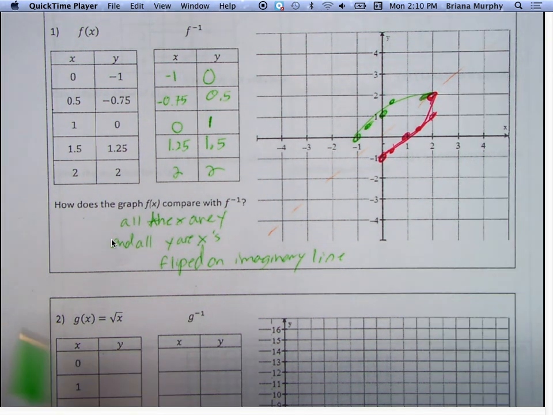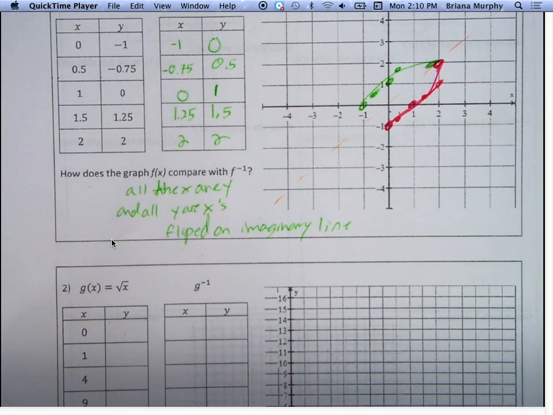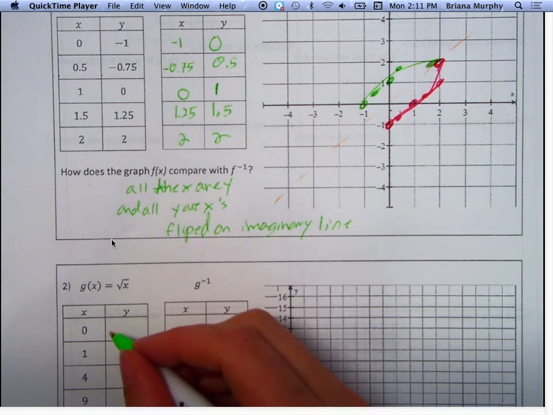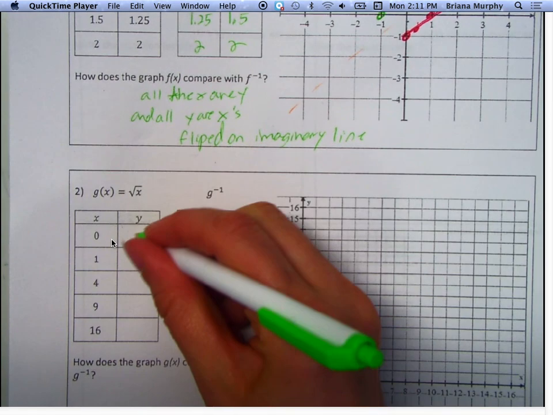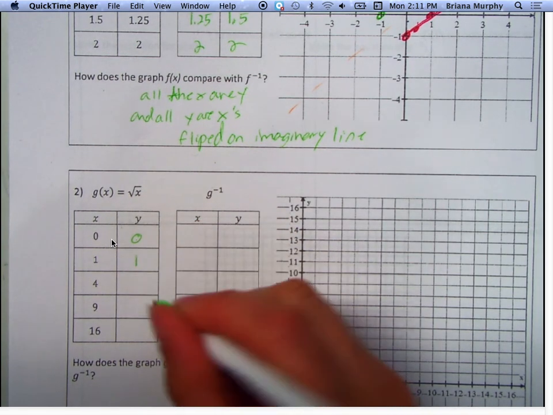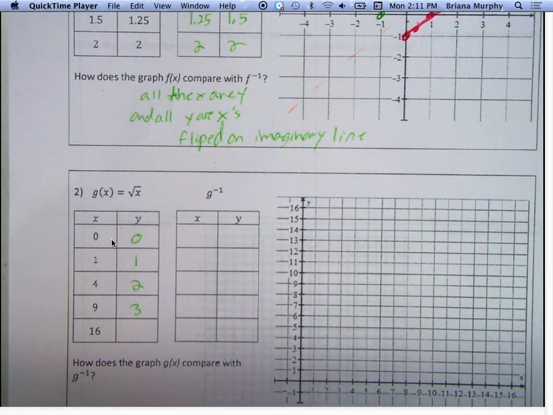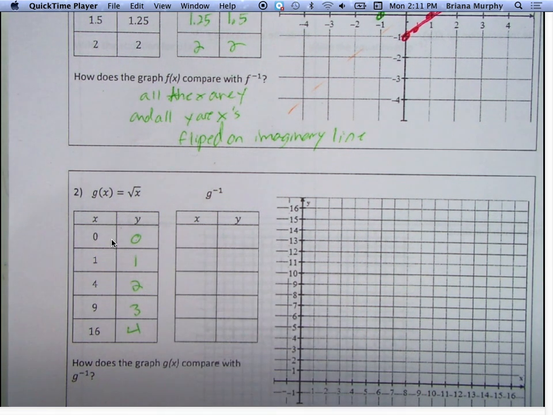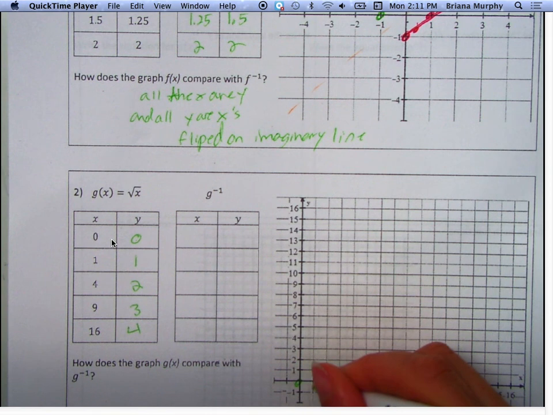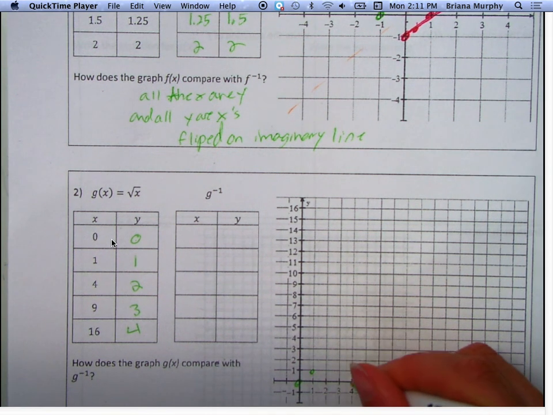So, let's first, you can do it that way first if you want, or you can find each of these numbers. What's the square root of 0? What's the square root of 1? What's the square root of 4? What's the square root of 9? What's the square root of 16? Okay, so this one is 0, 0, 1, 1, 4, 2,